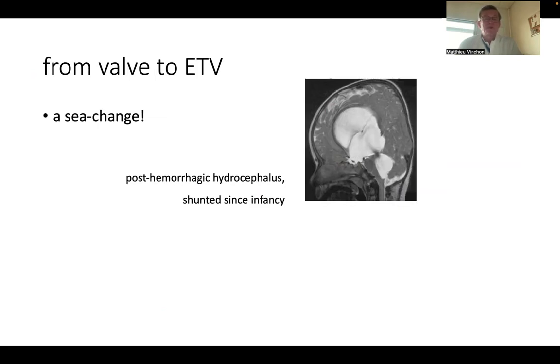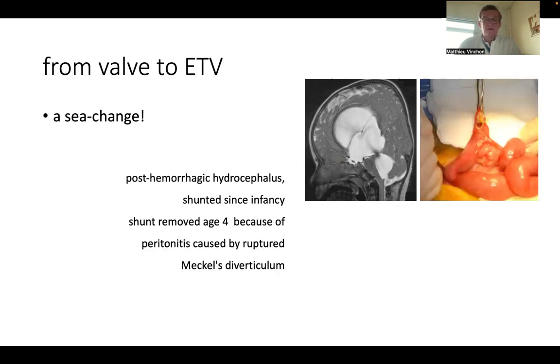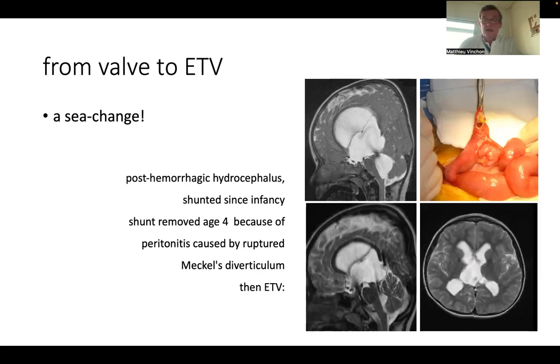And also some of these patients are changed from valve to ETV, and it is really a marked difference for them. This is a child who had post-hemorrhagic hydrocephalus. He was shunted, and this was considered his baseline imaging. Sometime later, he presented with peritonitis caused by a ruptured Meckel's diverticulum. So he had a laparotomy in emergency. He was in external drainage, and we chose to do an ETV, which was very successful. And after this ETV, he was feeling better than ever because he had a much more physiological